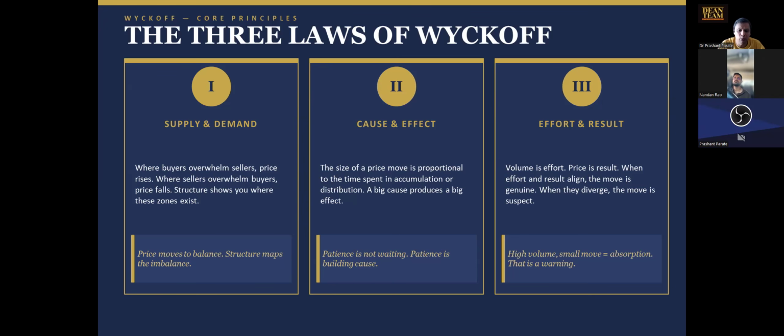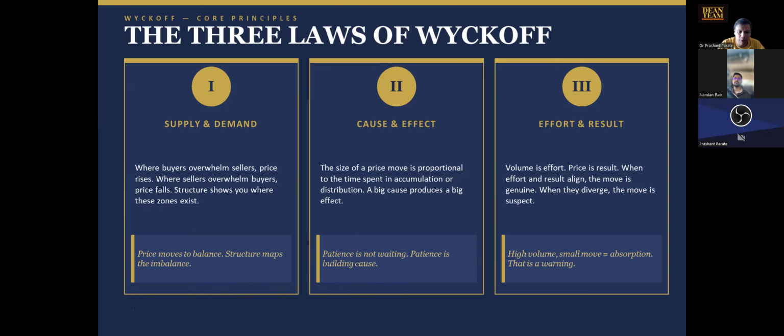And the size of price move is mostly proportional to the time spent in accumulation or distribution and the range of accumulation or distribution. When prices have fallen down significantly strongly and accumulation is happening like this with smaller structure, we do not expect this to give a rapid up move like this. It is possible that it may go up, but not in that manner. It may go up, again go into reaccumulation, again go up, again reaccumulation, again go up. So this is also another possibility.